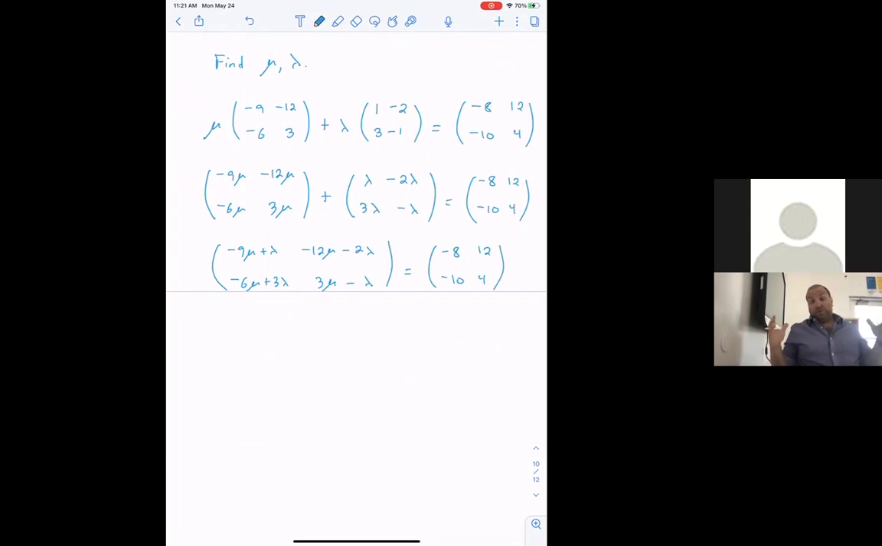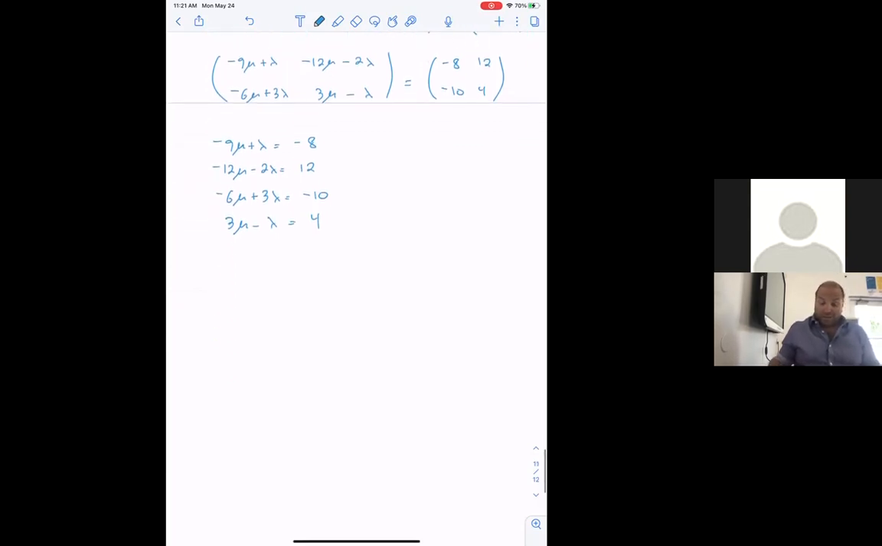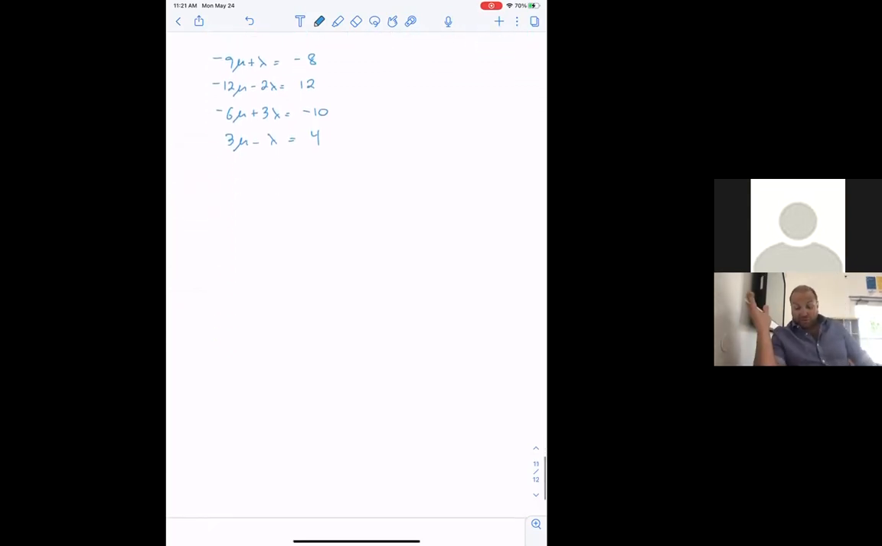And because these two matrices are equal, corresponding slots must be equal, and I have 4 equations. -9 mu plus lambda equals -8. -12 mu minus 2 lambda equals 12. -6 mu plus 3 lambda equals -10. And 3 mu minus lambda is equal to 4. So now I don't even care about the original matrices anymore because I have reduced the problem to 4 good